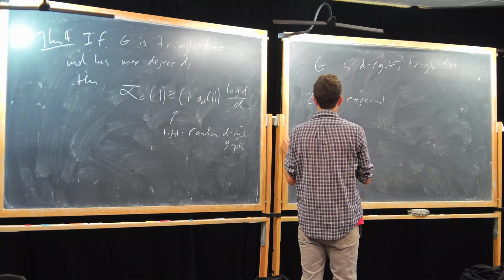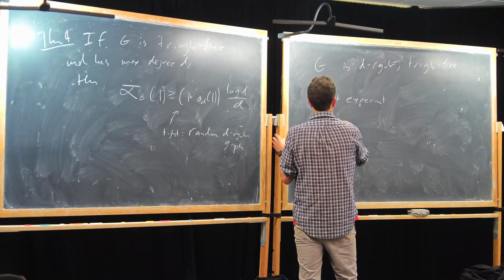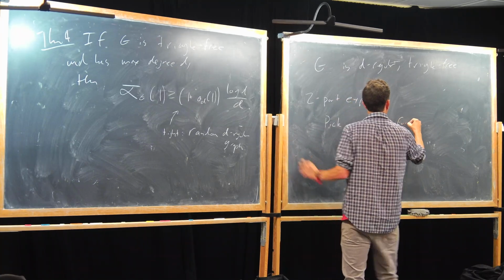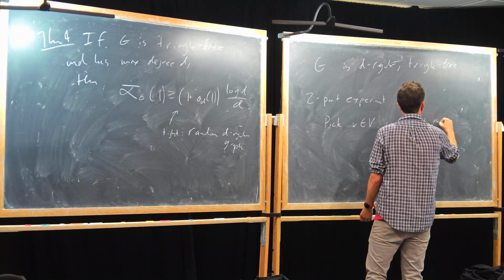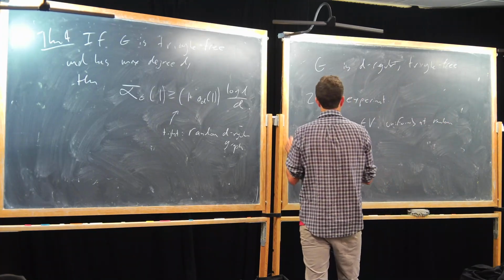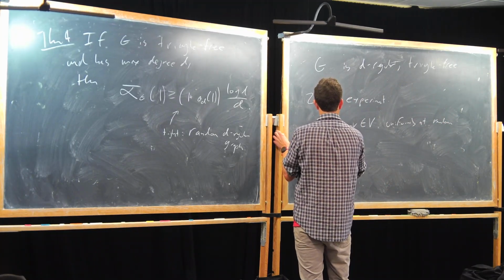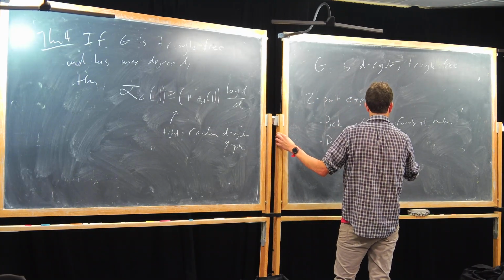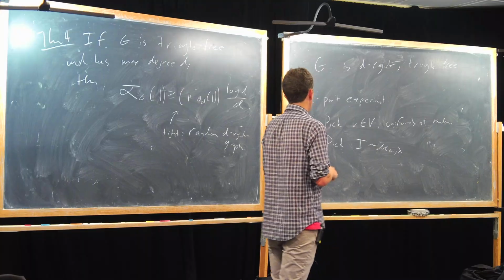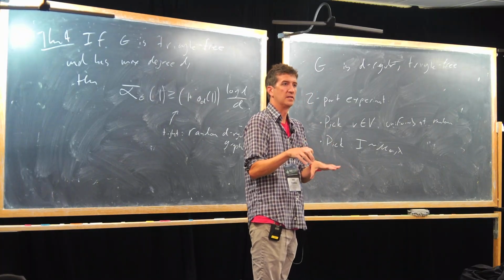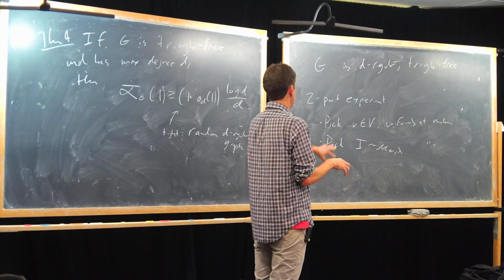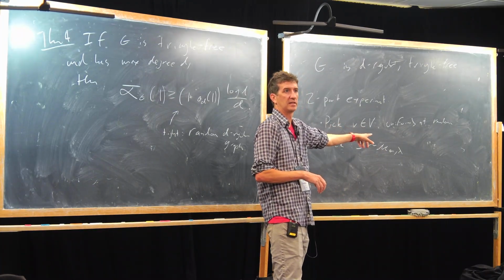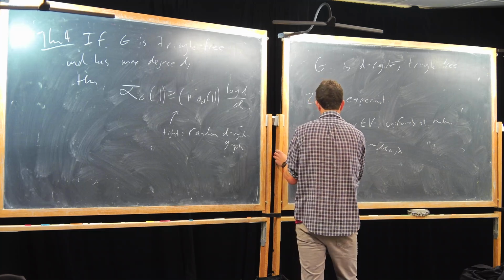I'm going to pick a vertex uniformly at random, and I'm going to pick an independent set from my Gibbs measure. And then I'm just going to record some data about this independent set from the perspective of this random vertex. In particular, what I'm going to record is